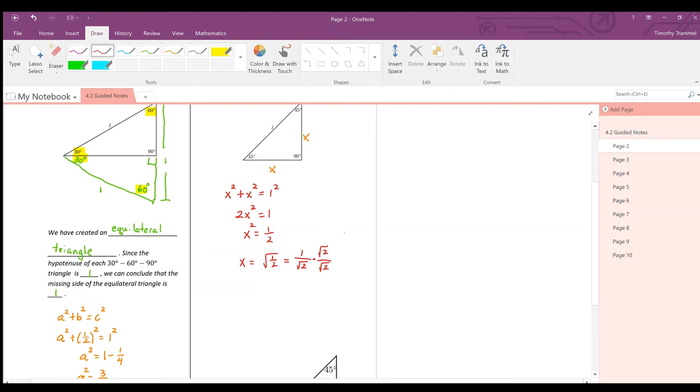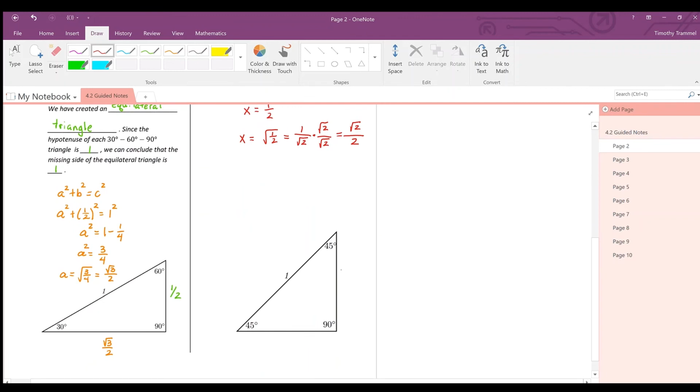This is going to give us the square root of 2 over, and when you do the square root of 2 times the square root of 2, it just gives you 2. So this is the way that we're going to look at the lengths of the sides of this triangle most frequently: the square root of 2 over 2 rather than 1 over the square root of 2. But we do need to be able to recognize that they're equivalent. Most of the time we'll see it as the square root of 2 over 2. All right, and now that we have both of these triangles set up,